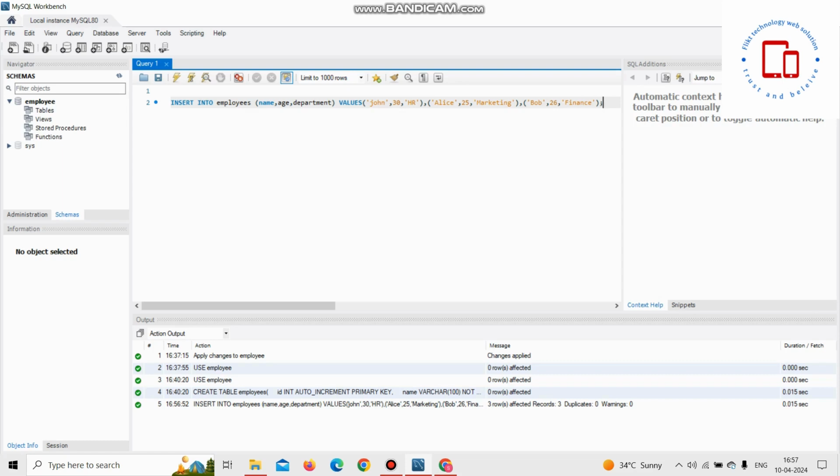Now I will show you how to see the values. For that we want to use SELECT. We want to see all the data, so we write star, from the table name employees. If I click on this,